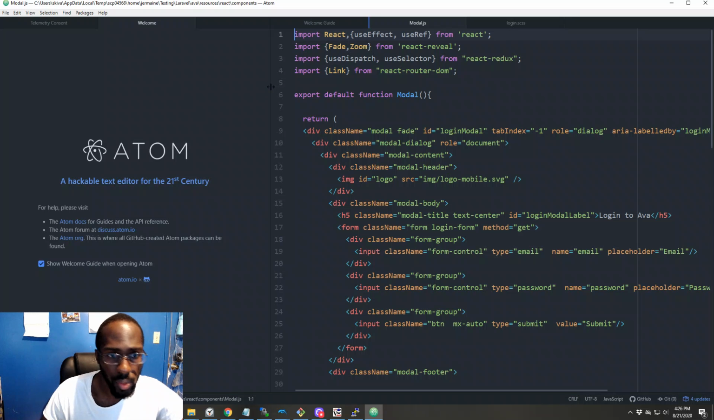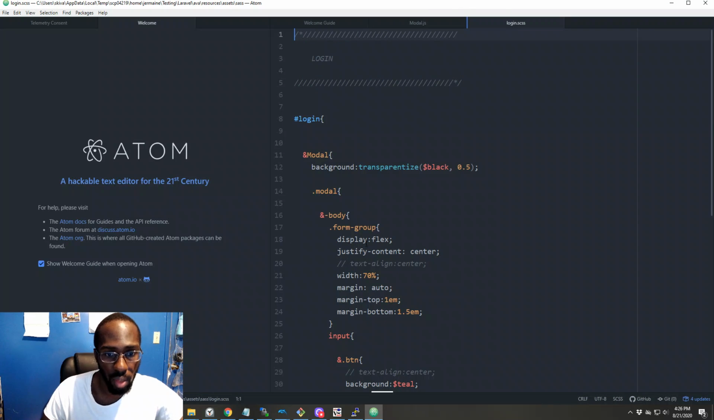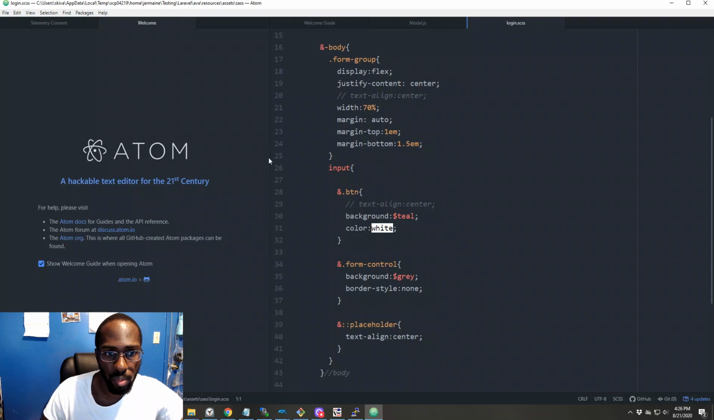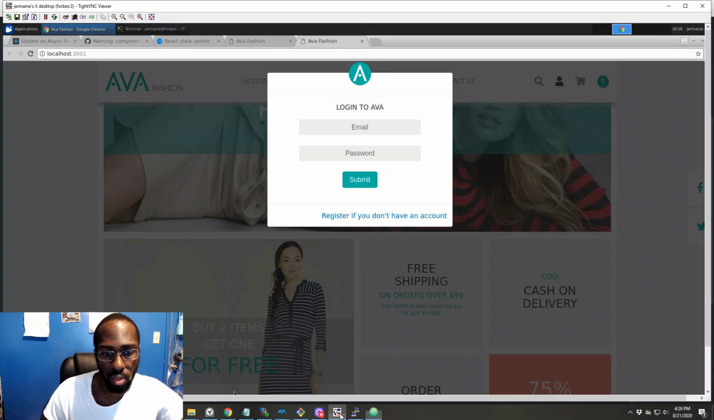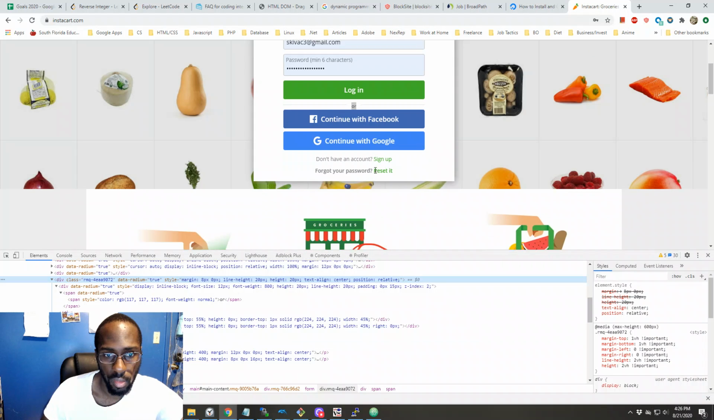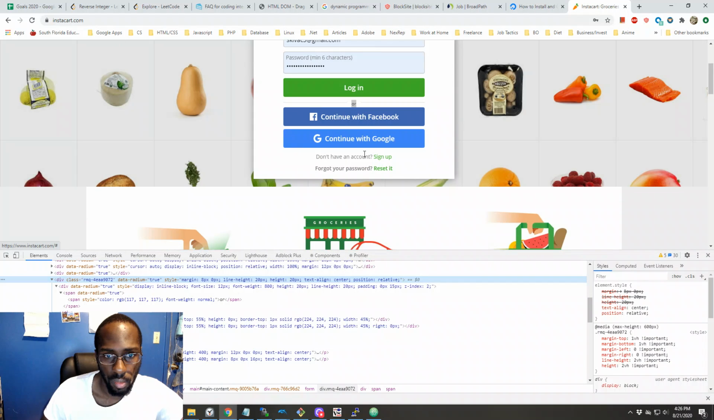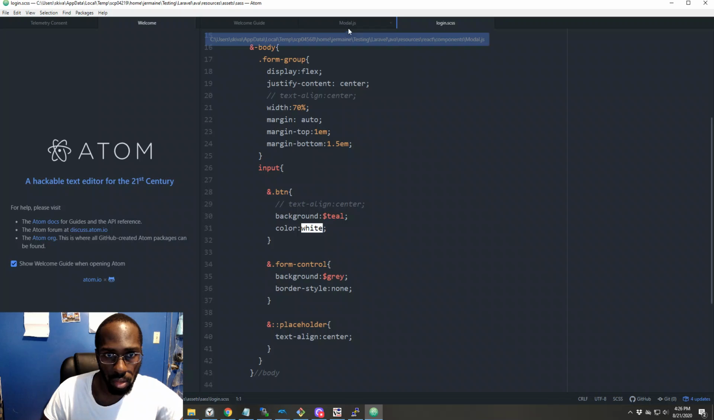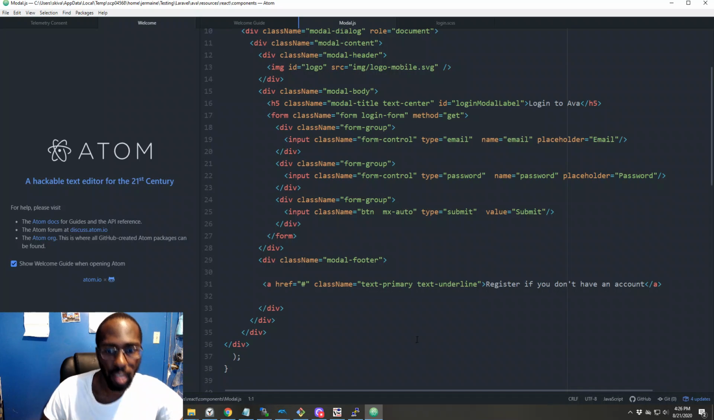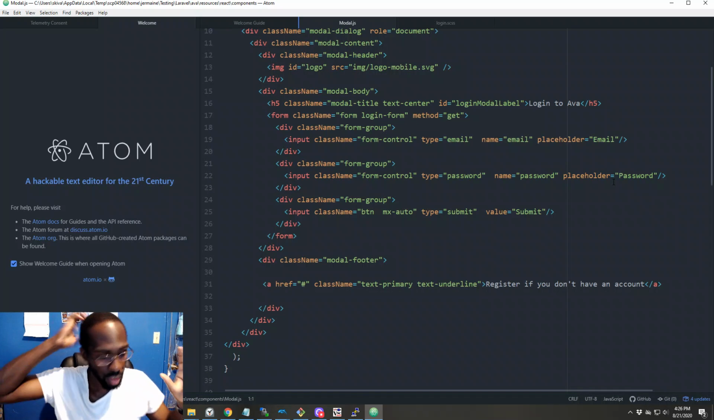Alright, so I got my modal up. I got my SAS file for login stuff up. Let's do something simple right now and just make it smaller. Make this link smaller, like you would see within here. You have, don't have an account, sign up. Maybe I should actually do it similar like that, because I want to make my e-commerce site look